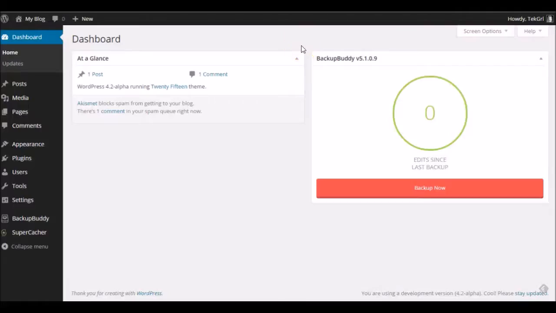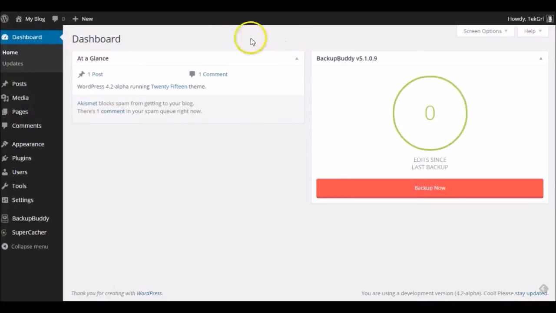Today we're going to walk step by step through installing the iThemes Security plugin, configuring each aspect of it, and discussing a little bit about what each item does. So thanks for joining me. Here we go. So the first thing you're going to want to do is go log in to your WordPress